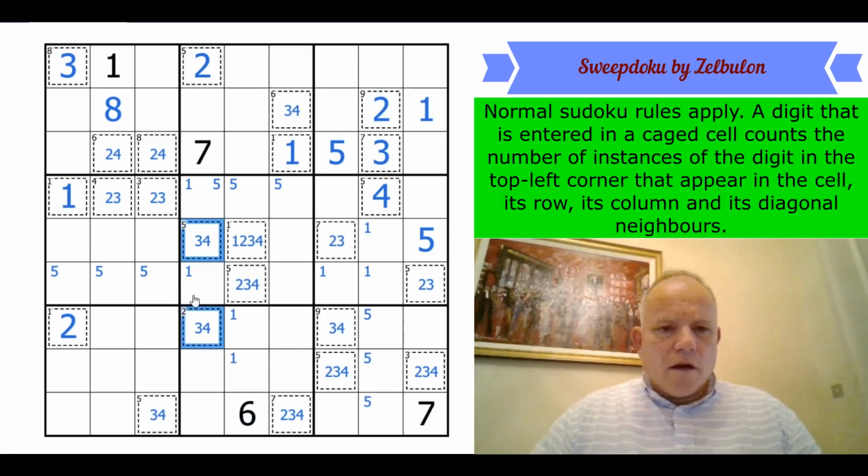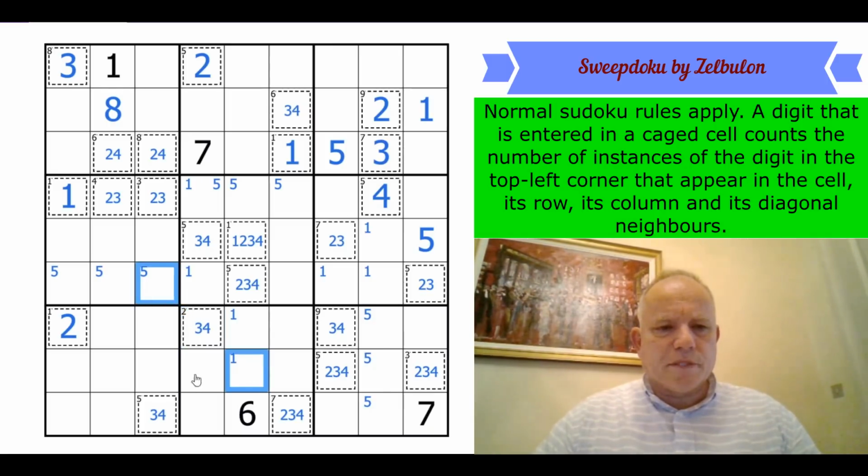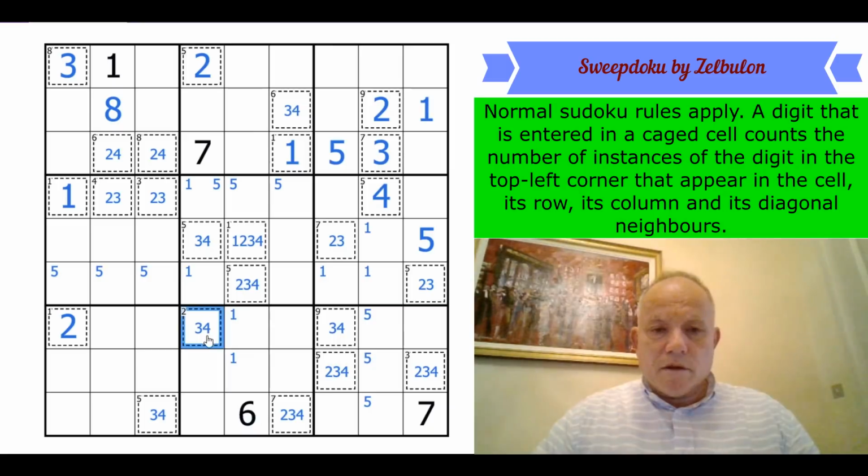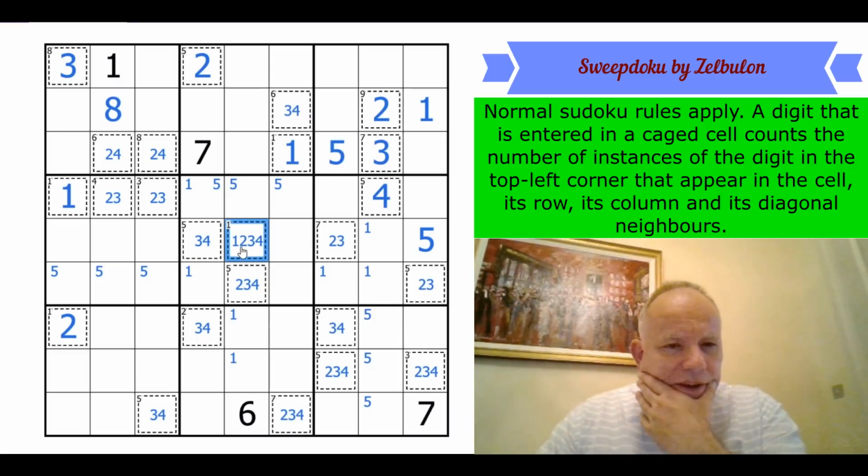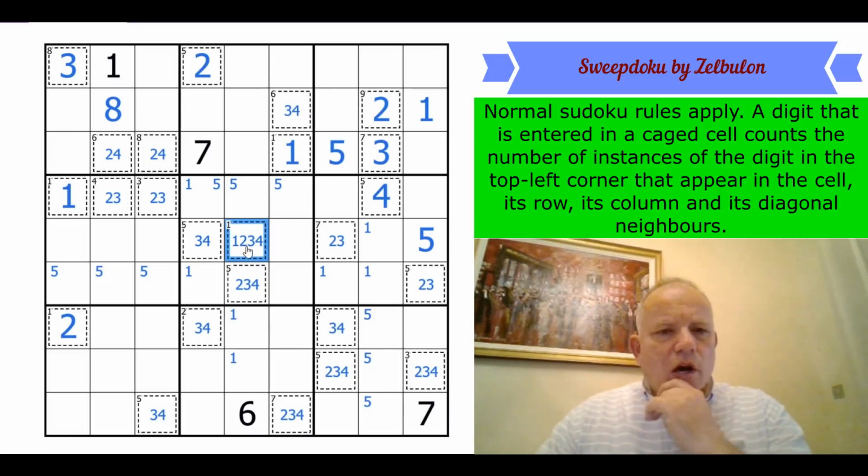So, this cell is cluing a 2, but I don't think that helps. We could have 2s in those positions. Yeah, I don't know what to do with that. Should I have focused more on this remaining 1 cell? If it's got... Oh